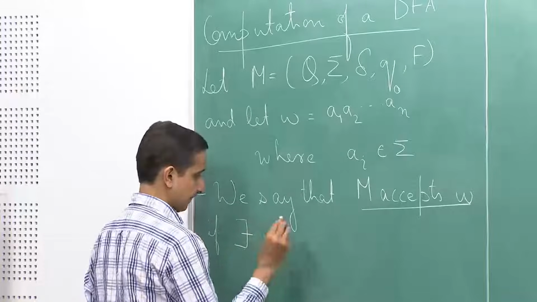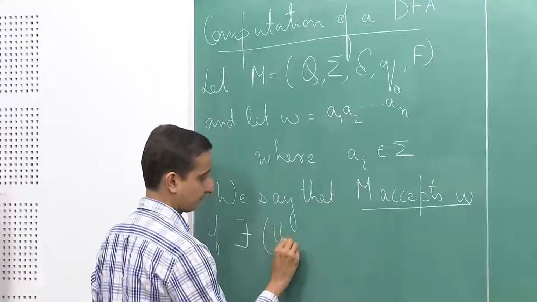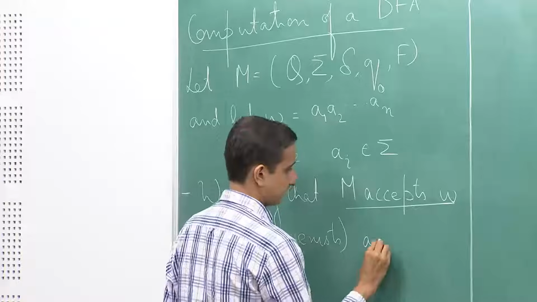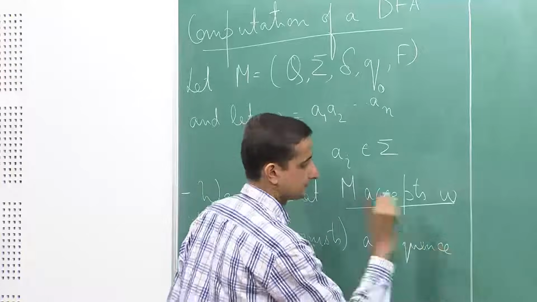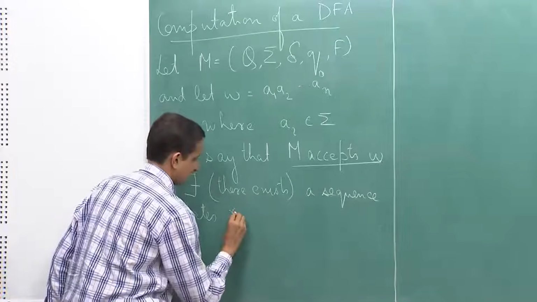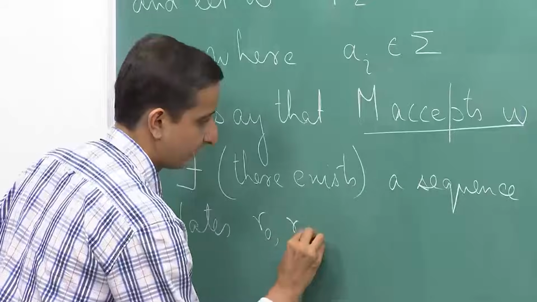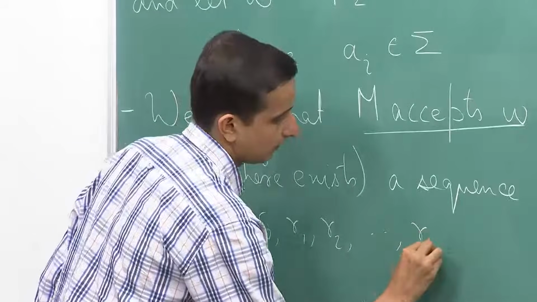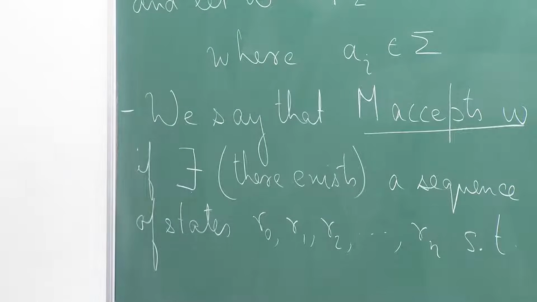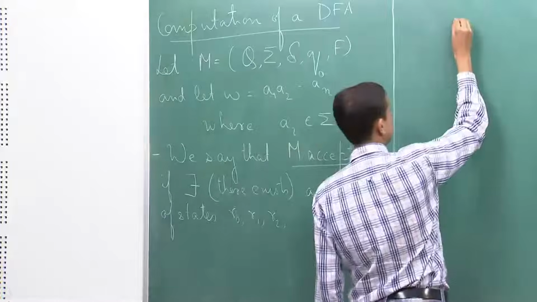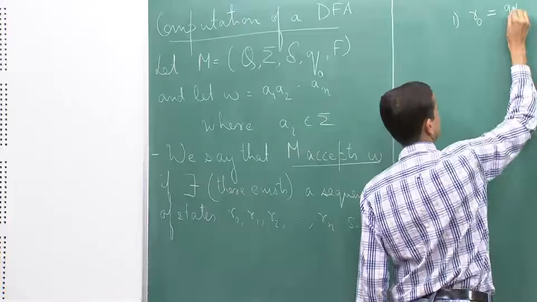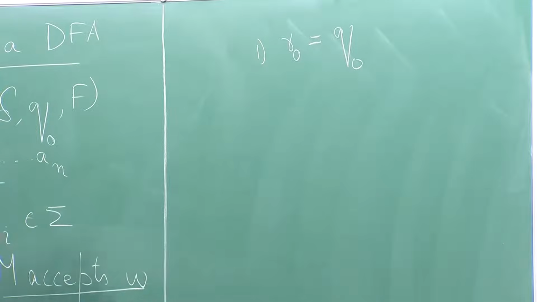So, if there exists, let me write it in brackets for now, a sequence of states R0, R1, R2 up to Rn such that three properties hold. Firstly, R0 is the start state,